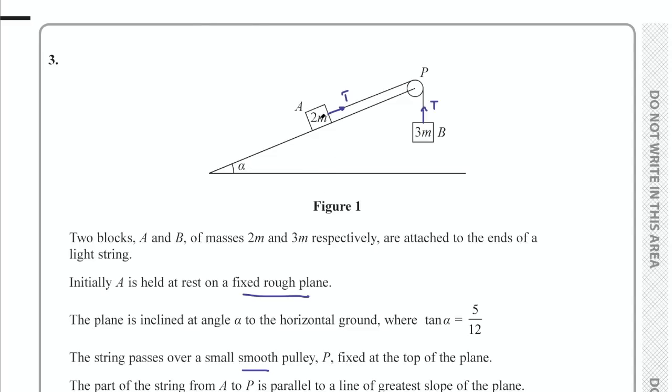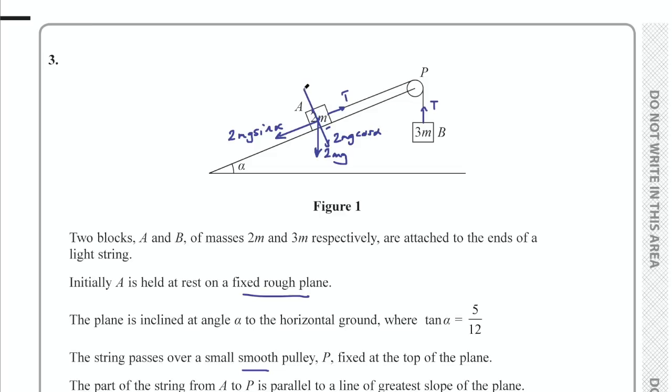We're going to have the weight pulling down on the mass, and we're going to have some parallel component of that pulling down the plane. Sorry, these vectors are not the right size, but I'm just using them to indicate direction. So this is going to be mg, or I should write 2mg because we know the mass is 2m, so 2mg, and this component is going to be 2mg sine alpha. And also we know there is a perpendicular component of this weight, that's 2mg cosine alpha, and the normal force